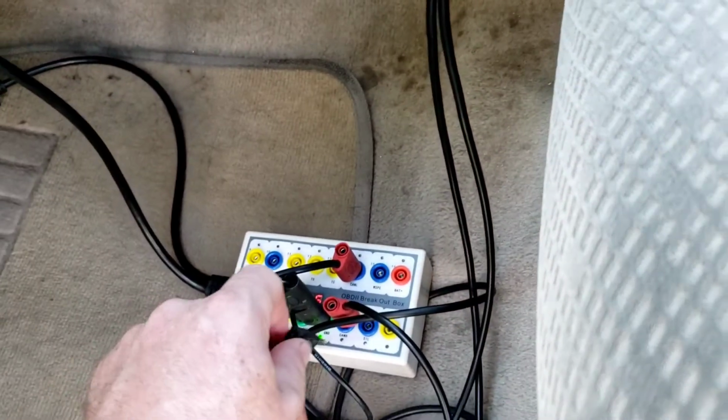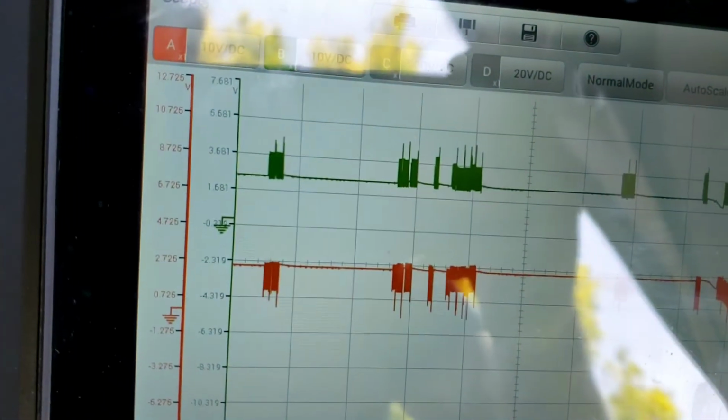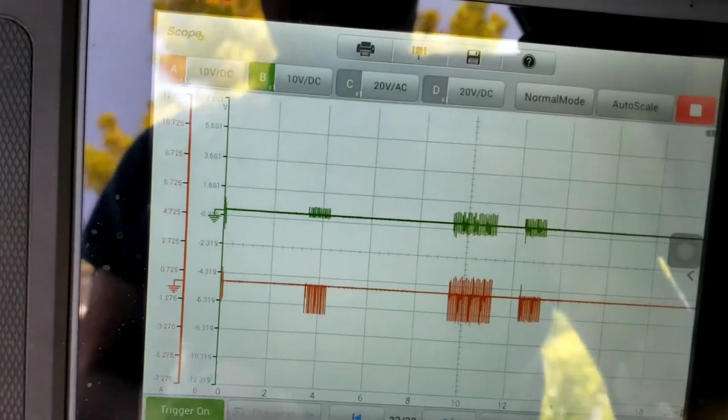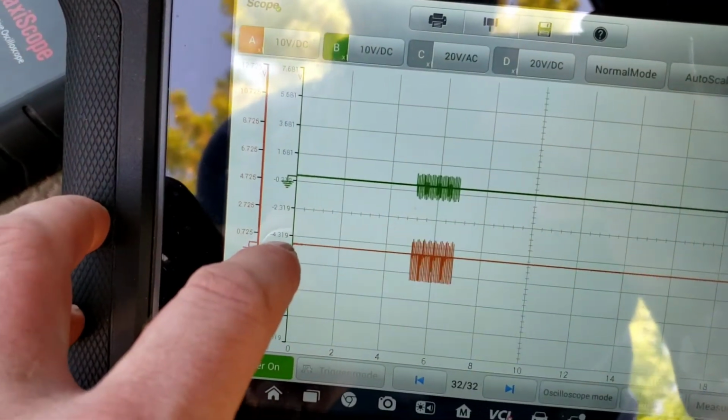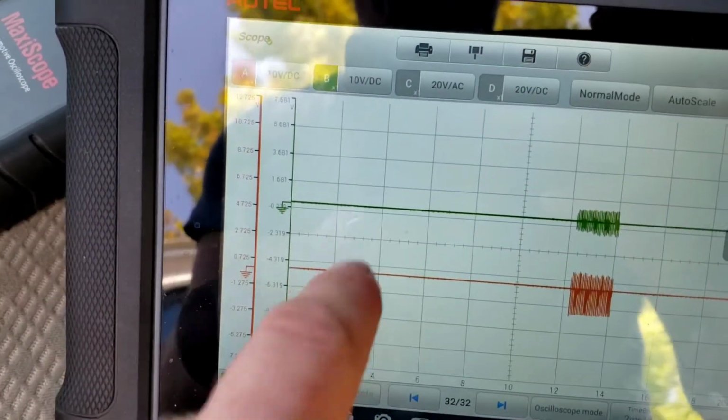And then I'm going to do CAN high to ground. Now it's good. Now make it bad. 0 volts, or roughly 100, 200 millivolts. A lot cleaner signal. Now what we're going to do